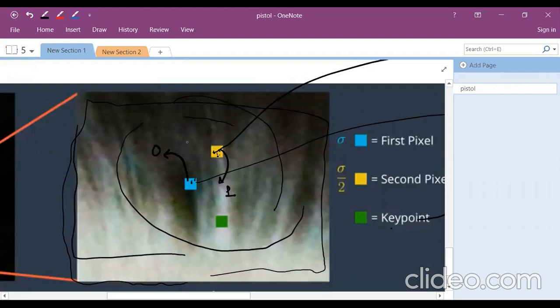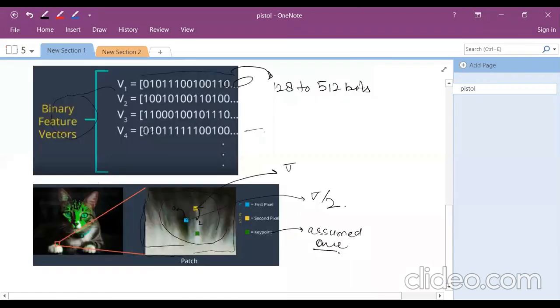If it is proceeding to 255, then automatically its intensity will be higher. So according to the BRIEF algorithm, when the intensity of the first pixel is higher than the intensity of the second pixel, you allocate the value 1 to the higher-intensity pixel, that is this one, and 0 to the lower pixel, that is this one. So 1 will be allocated to the yellow one and 0 will be allocated to the blue one. So that is all about the BRIEF algorithm that is used to judge the key point descriptor.